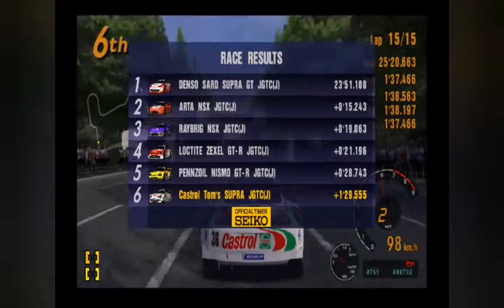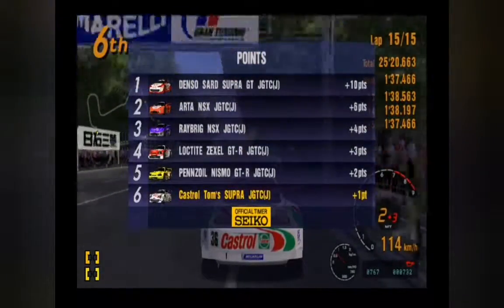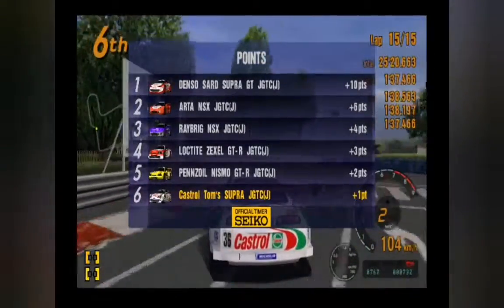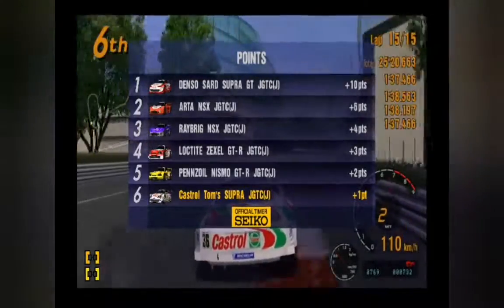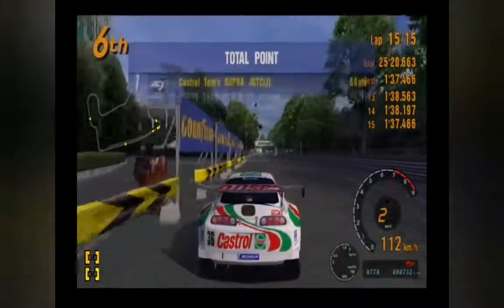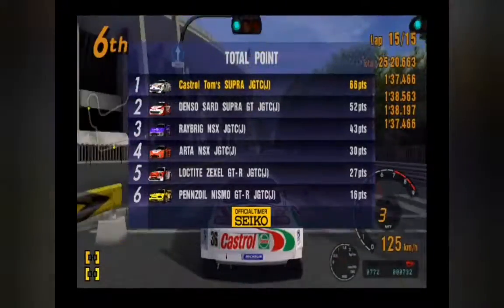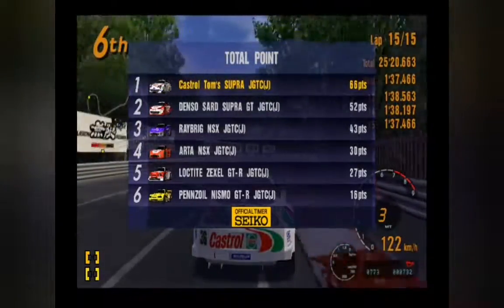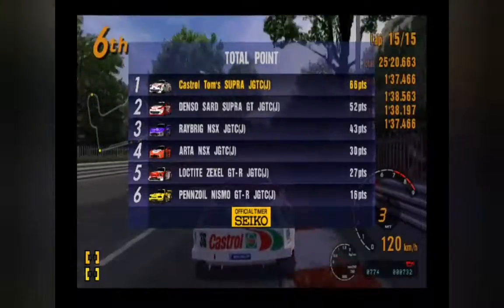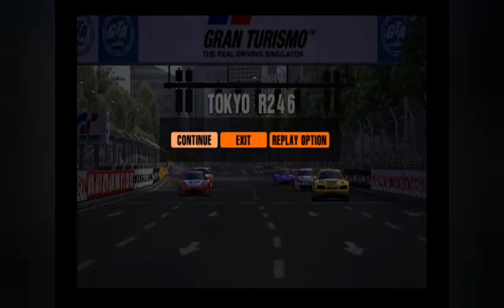So the Denso South Supra emerges victorious in Tokyo over the Arta NSX, who was second. The Roybrig NSX, once again with his consistency, finishes third. In fourth it was the Loctite Sexel GTR, and in fifth it was the Pennzoil GTR. So a 14-point margin coming out of this, 66 points to my name, although I'm pretty certain that we are more than good enough for the championship, because it's a 14-point margin heading into the final round, and obviously no money, so